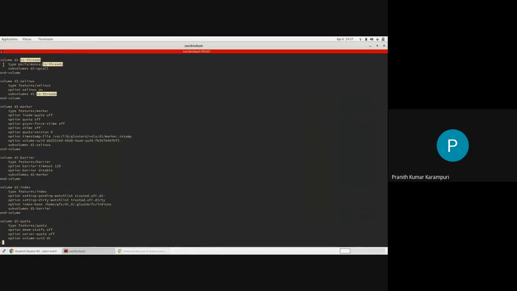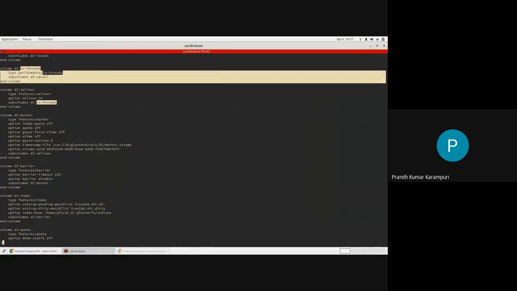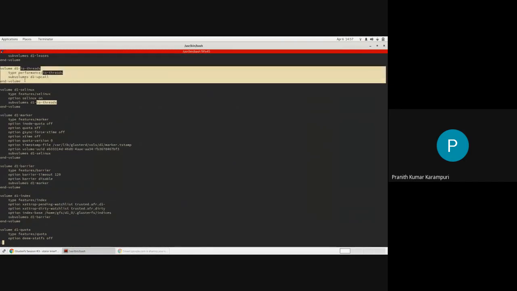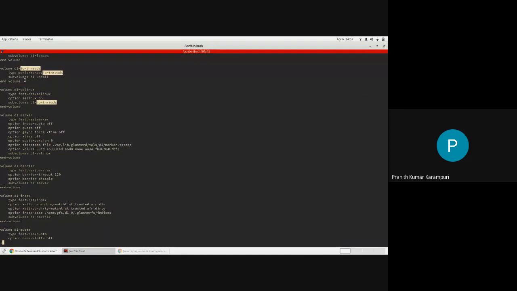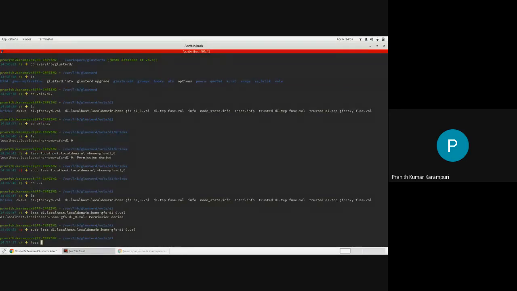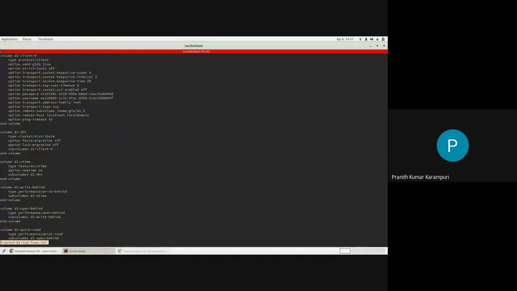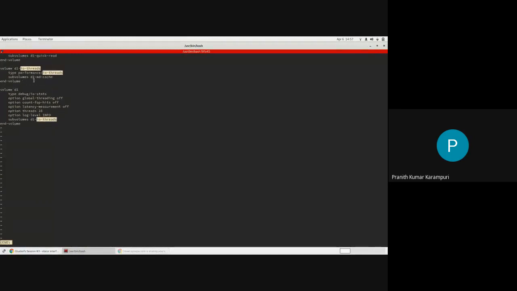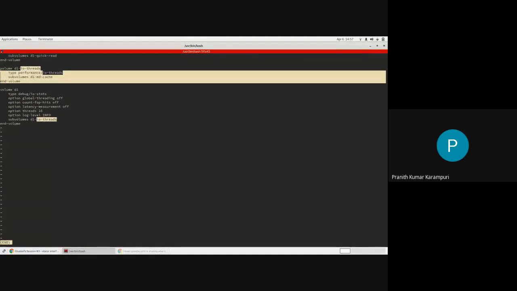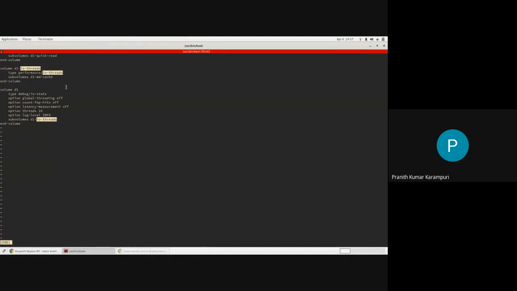You see that one node in this translator graph is io-threads. This is for the brick, but the same thing may also be there in the client graph. You can see that it is there in the client graph also. So to improve the performance of either client or server, you don't have to implement two separate implementations.